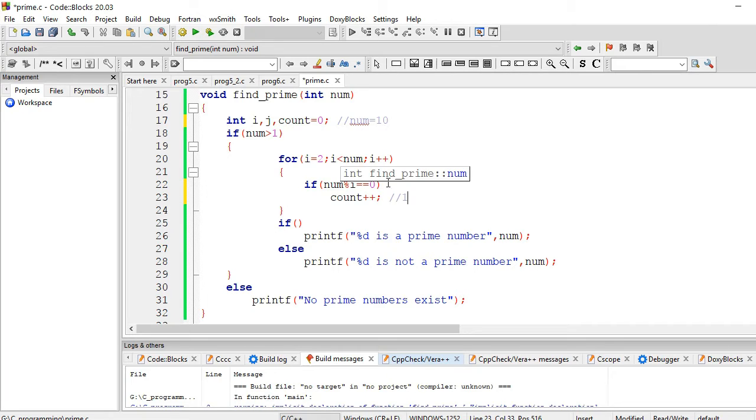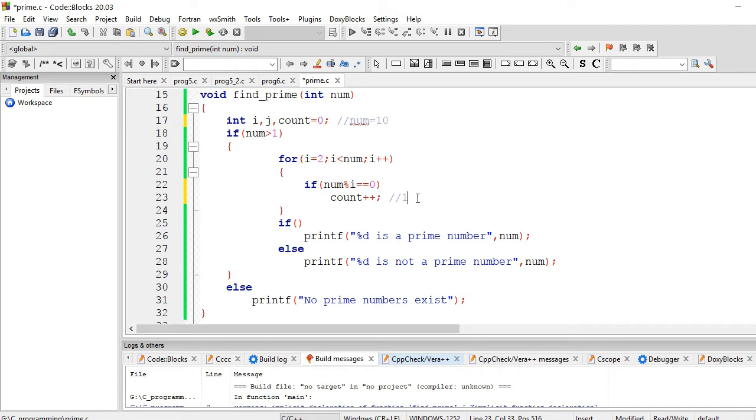We can see that the count has increased. We know that 10 is not prime, and count has increased because of the if condition: if the number is divisible, then it is not a prime number.